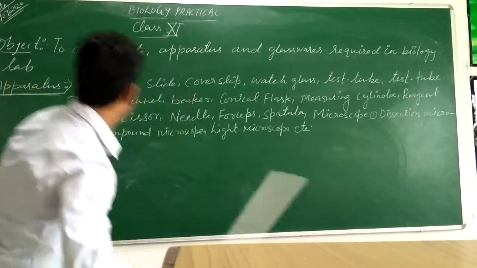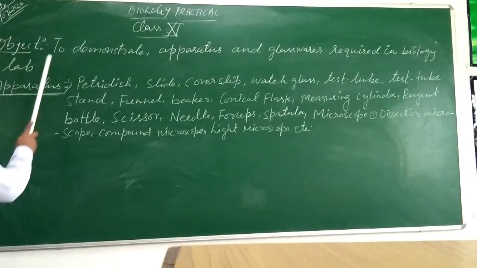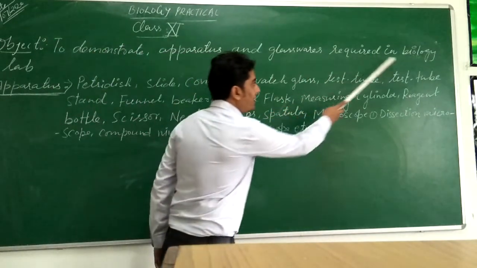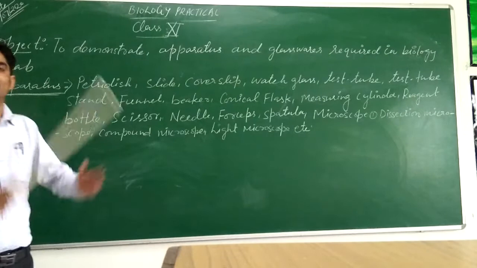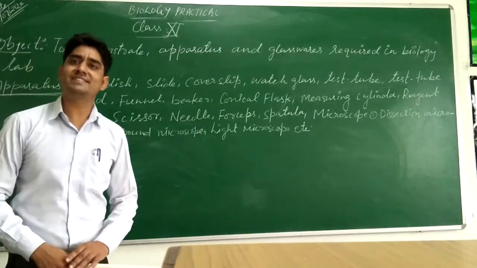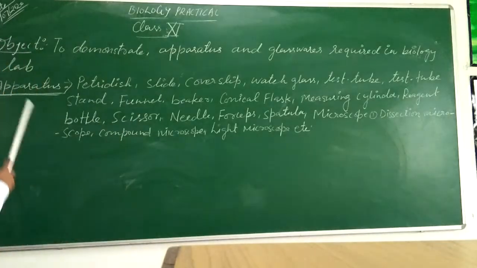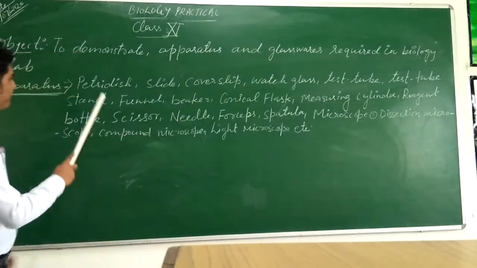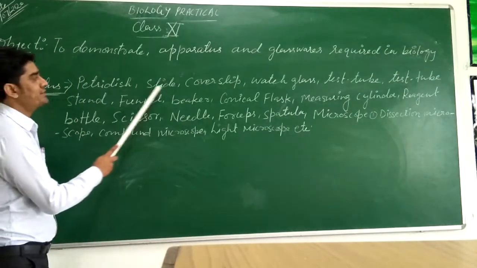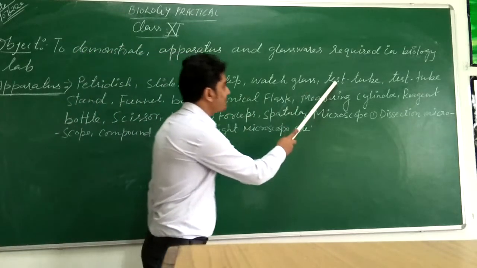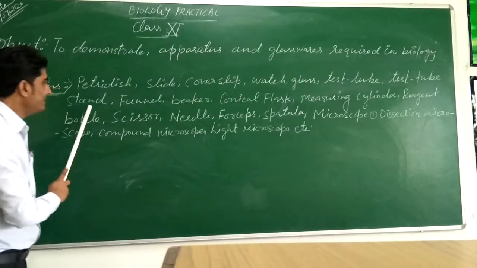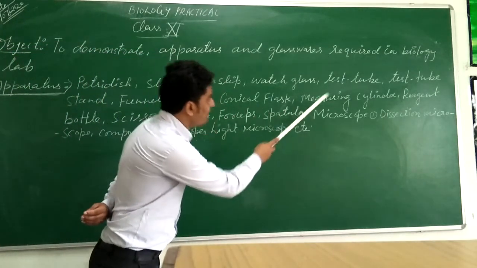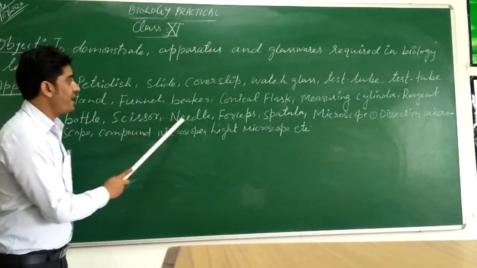Okay students, this is the object of the biology practical: to demonstrate apparatus and glassware which is required in the biology lab. There are some apparatus which are very essential for biology practical. Today we will demonstrate: a petri dish, slide, cover slip, watch glass, test tube stand, funnel, beaker, conical flask, measuring cylinder, reagent bottle, scissor, needle,